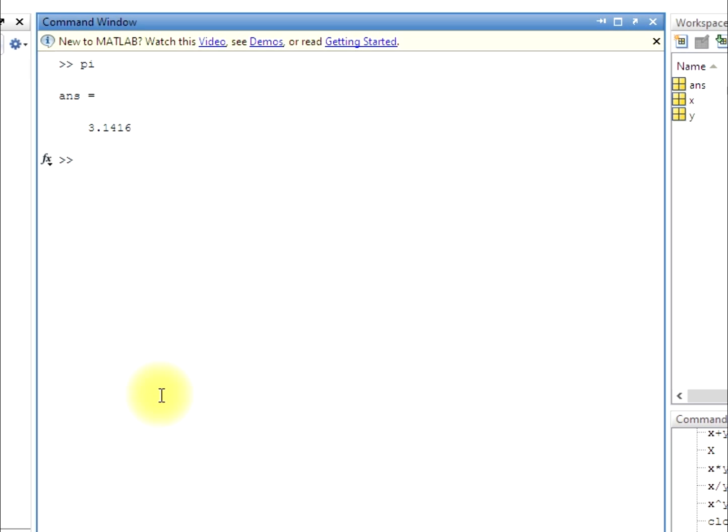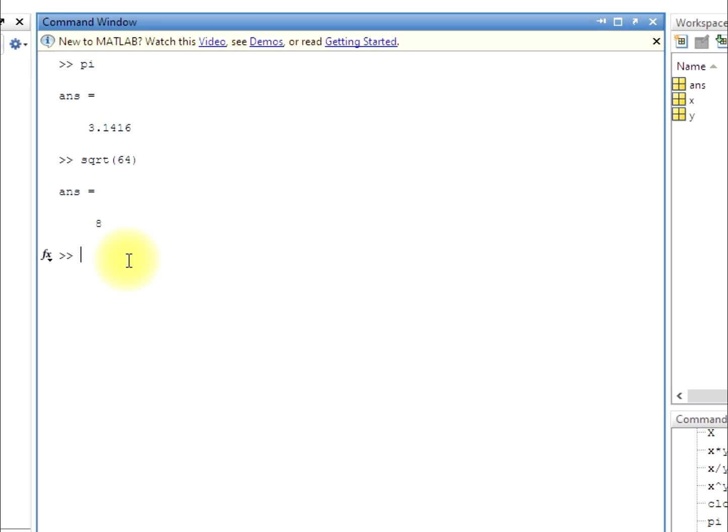Square root, SQRT. So this is the formula of square root. You can use the square root of 64, for example, if you want to find it. You can simply find it by hitting enter, and it will give you 8. So square root and pi are built-in mathematical functions. There are a lot of other built-in mathematical functions, so I will be covering them in the elementary mathematical functions. Square root function has been done.